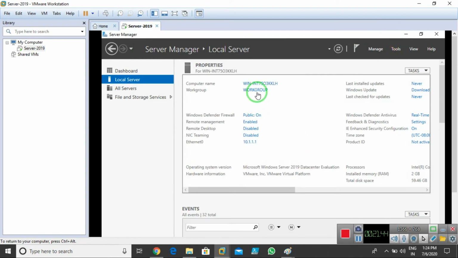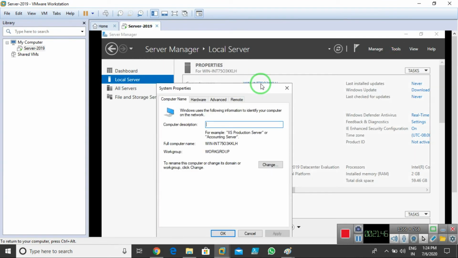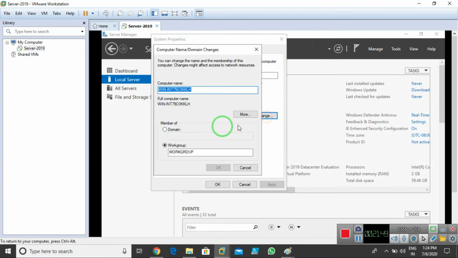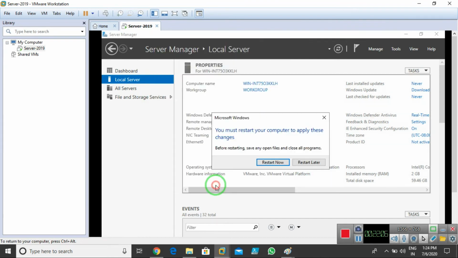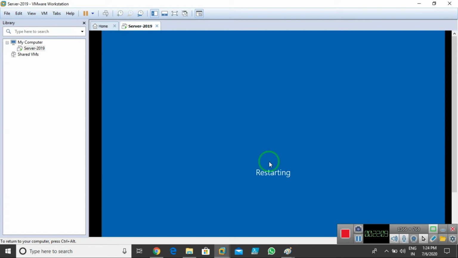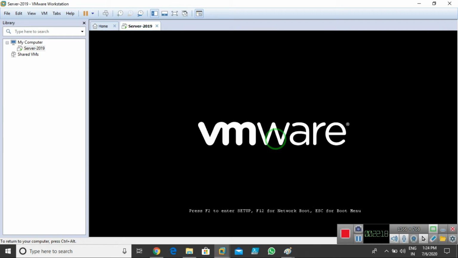Now close it. Now I go for the computer name. Just click on the computer name. Now I'm going to change the computer name. Click on Change. You have the computer name option there. It is my Server 1, so I go for Server 1. Now click on OK. So my computer name is server-01. You must restart the computer for this to take effect. So I click on OK, click on Close. I need to restart it once, so click on Restart Now. Now my computer is going to restart. Once it restarts and the computer name is changed, we'll start the installation of the domain controller.